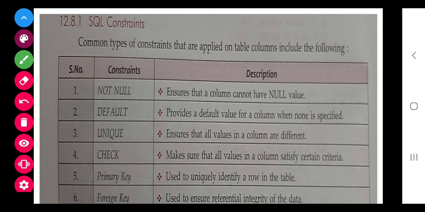Suppose I want the user to enter their biodata, or a form in which the name should be there. Now default is used when, suppose, students of St. Joseph are mostly from Ramnagar.